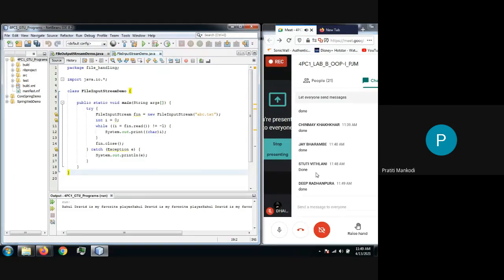Try to get that exception as well. Delete the file and then try to read it.